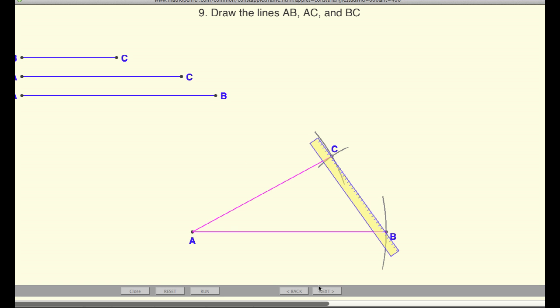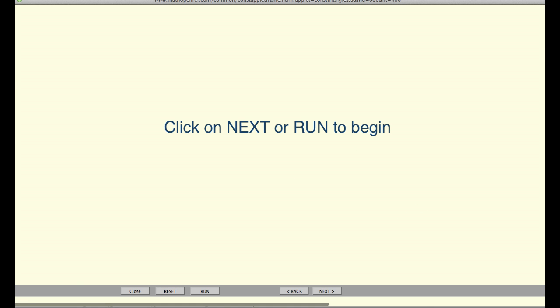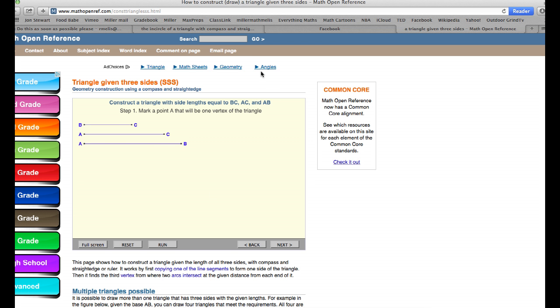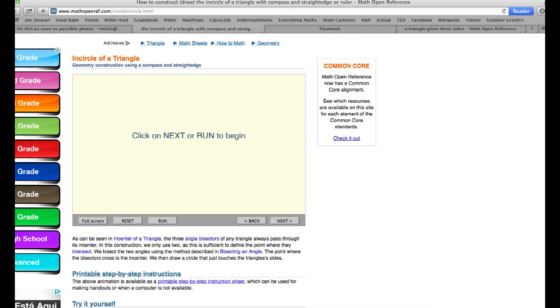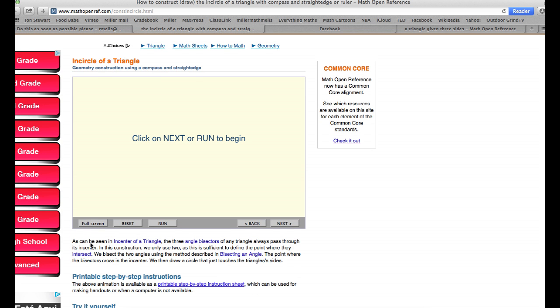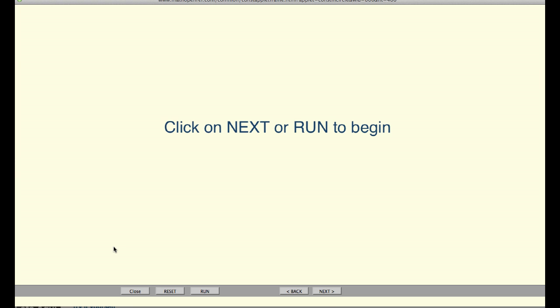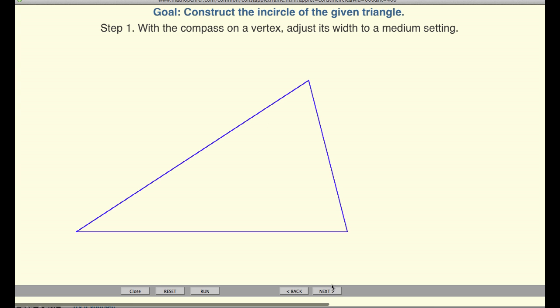And once you have your triangle, you can then go work on finding the inscribed circle that goes with that. And I have that over here, I believe. Okay, let's see if I have a little more patience on this. Alrighty. Okay, so you have your triangle, and then we're going to